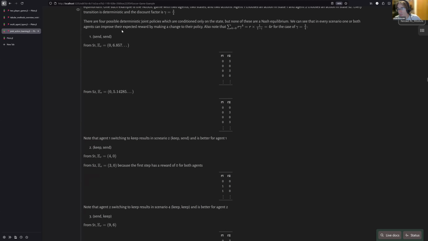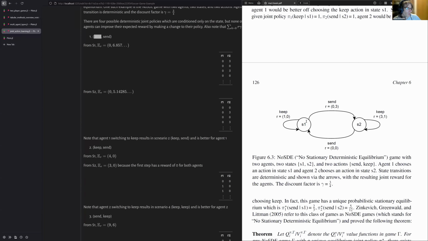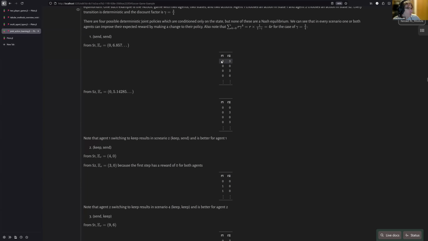Okay, so we can look at what the situation is for each of these. So let's say we look at send. Okay, so what does that mean? Well, it means if we start here, then it's going to produce this reward. Then it's going to go to state 2. Then it's going to produce this reward back in state 1. And then this will repeat forever. So that's what I'm showing here. It's going to produce this reward sequence, right? 0, 3, 0, 0, 0, 3, 0, 0. Or if we start in state 2, it will be 0, 0, 0, 3, 0, 0, 0, 3, and then